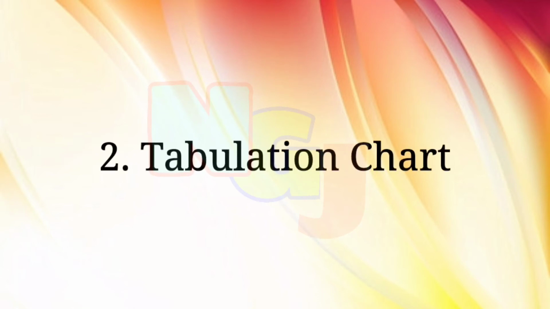Now the second type is the tabulation chart. Remember, it can either be left to right or top to bottom. On the left corner, it should be facts, and the right side, it should be ideas for expression. Or if you are doing it from top to bottom, on the top corner, it should be the facts, and the bottom, it should be ideas for expression. So the tabulation chart has the arrangements of facts and ideas for expression from left to right or from top to bottom. So this is the tabulation chart.